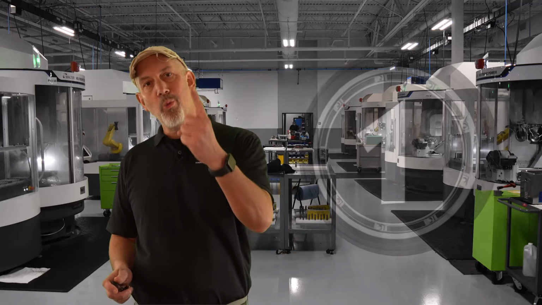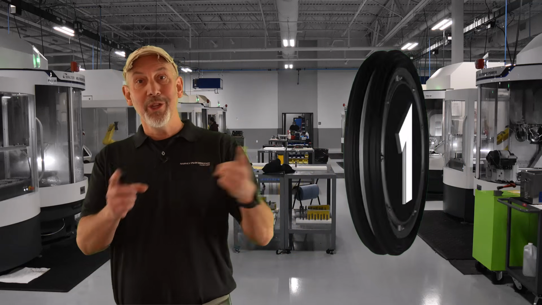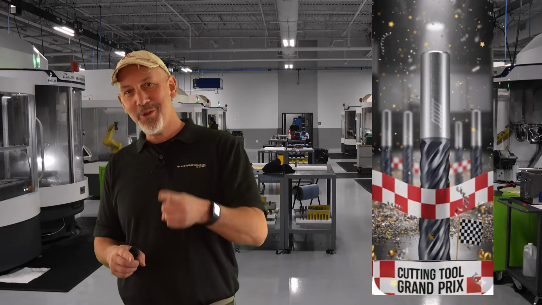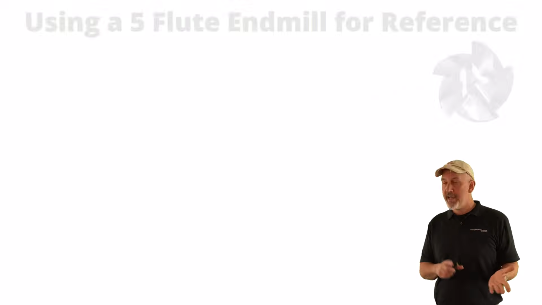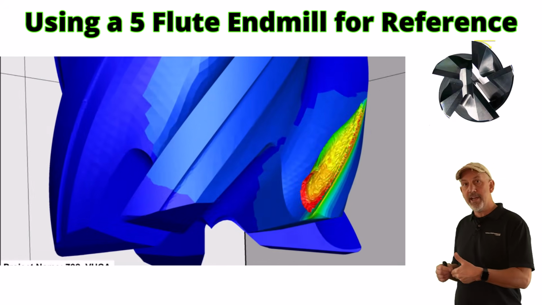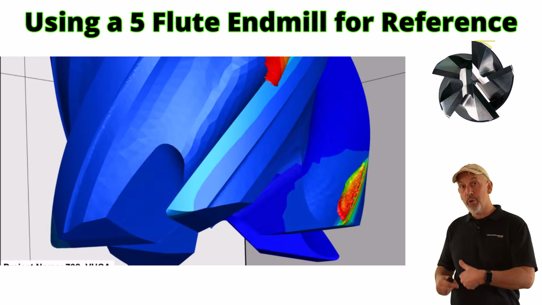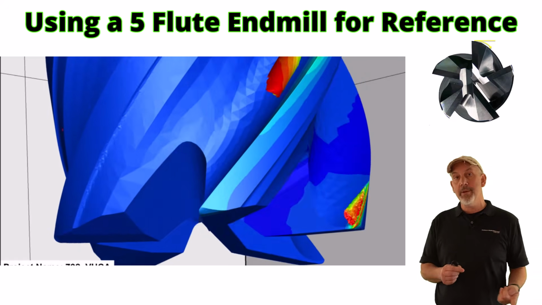So the first thing I want to point out is the worst situation for points of contact, and that is one, the number one. One is good if you're winning a race, if you're first, but in an end mill, it's not so good if you have 1 point of contact. Let me explain why. 1 point of contact actually means that we have one cutting edge in the material and one cutting edge out of the material. So it exits before another one comes in.